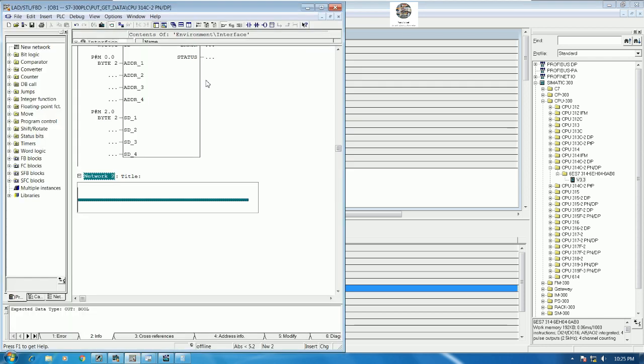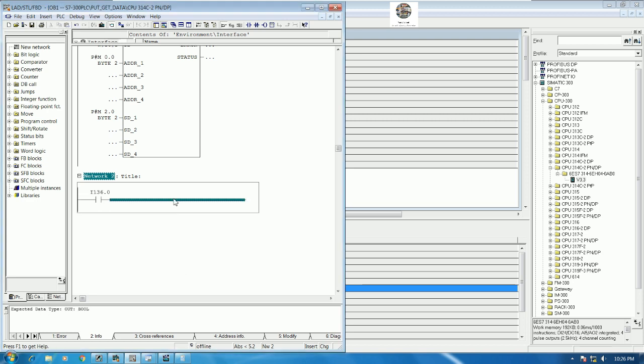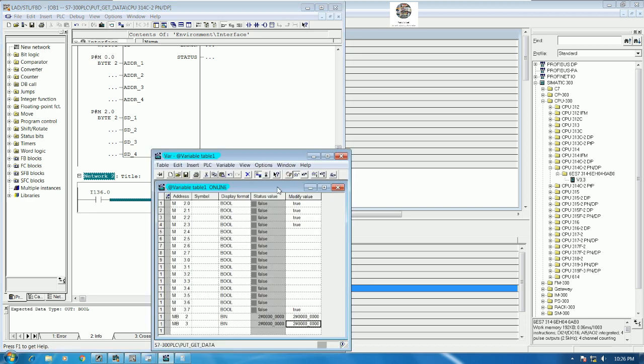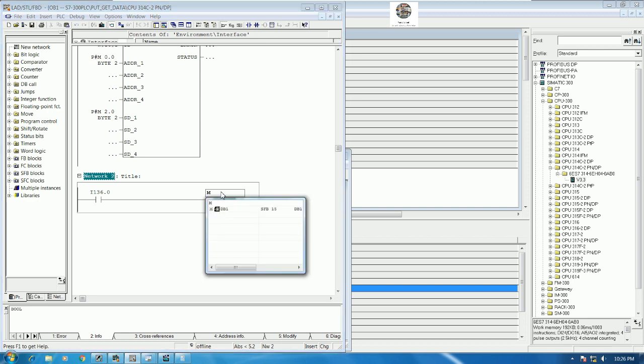So here we can write input I136.0, and then we will send to M0.0, send to the PLC S7-200 Smart. So we can turn on M2.0,